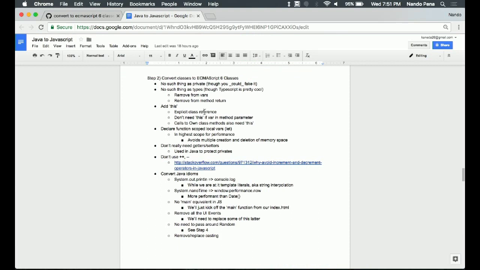Some of the differences, though, in JavaScript, especially in JavaScript classes, there's a lot of differences between a JavaScript class and a Java class. Java is a true object-oriented programming language. You've got public and private scopes. You have inheritance.